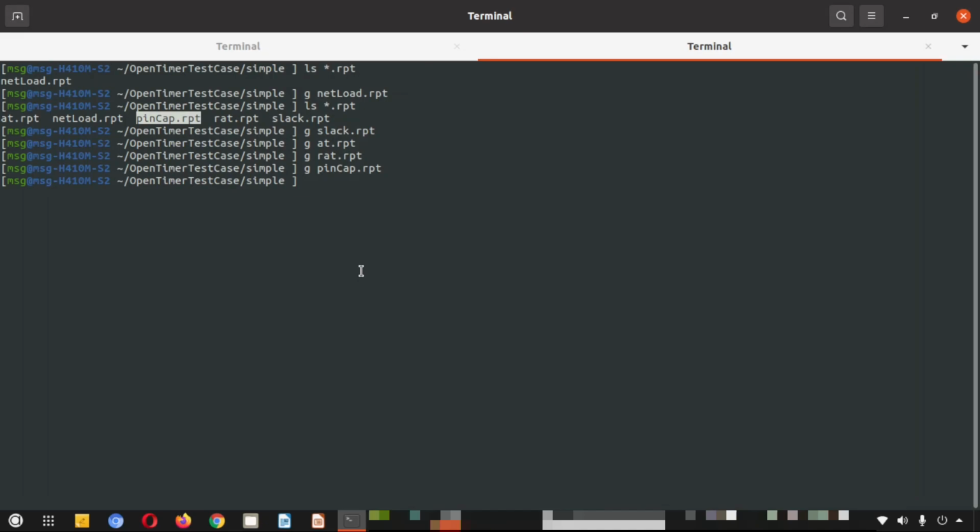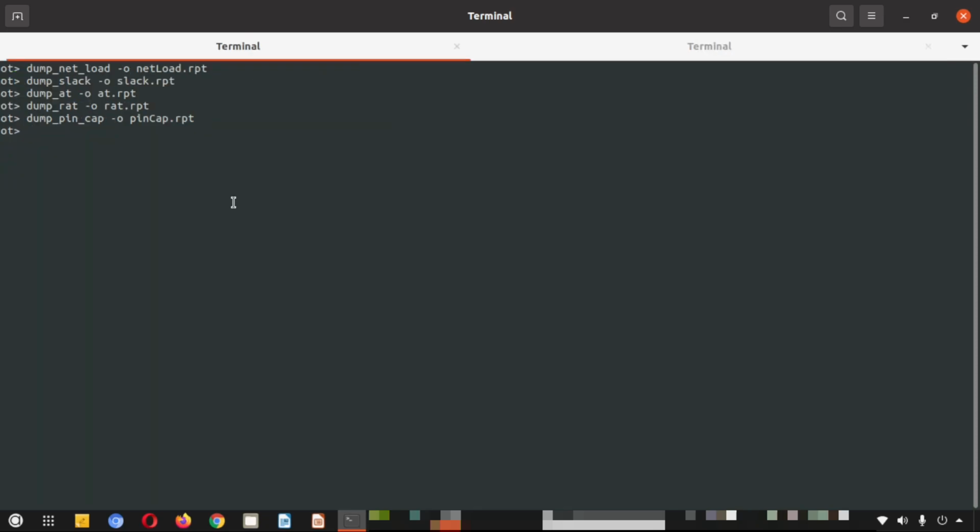Close it. Roughly, we are done with the part where we have dumped the data in two fashions. The first fashion is that we dump the data pin-wise, traversing pin by pin, and we have also reported things overall for the entire design. So you have already seen two ways of dumping and playing with this data: one option is going pin-wise, another is entire-design-wise. Both options have been shown to you.